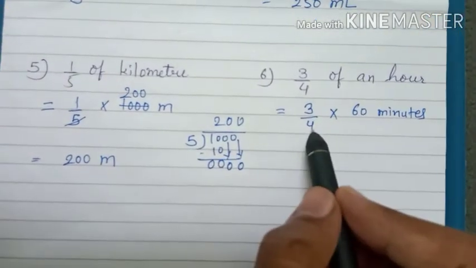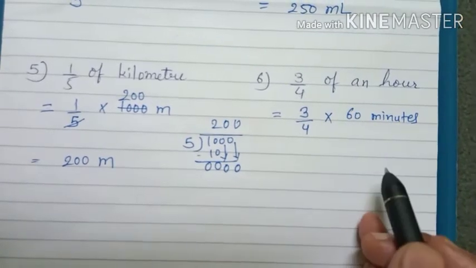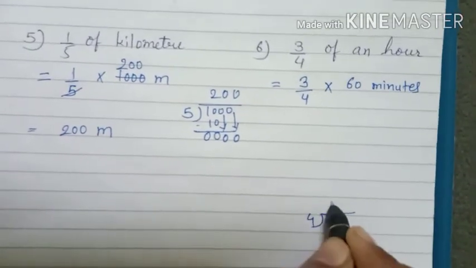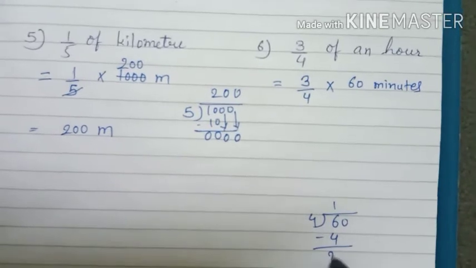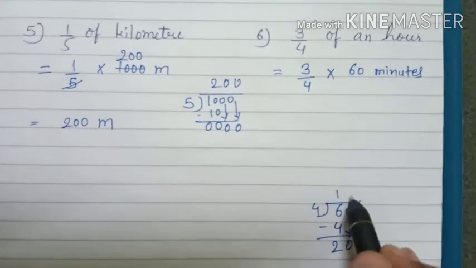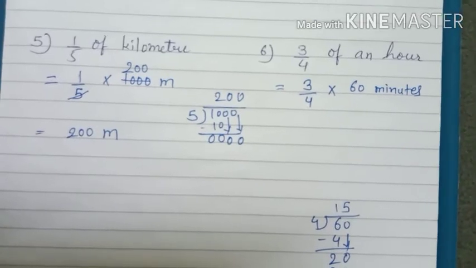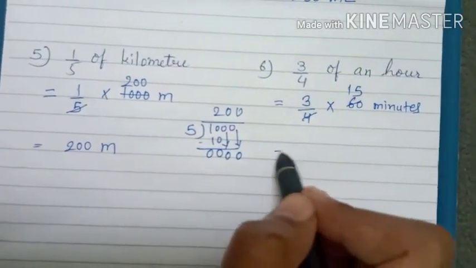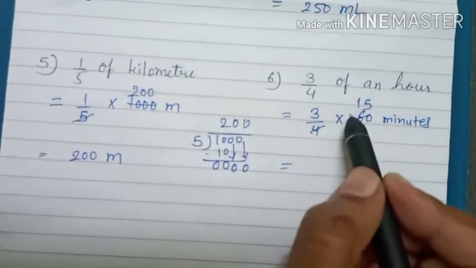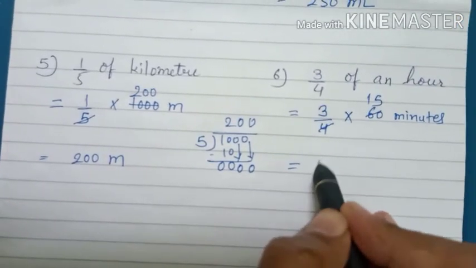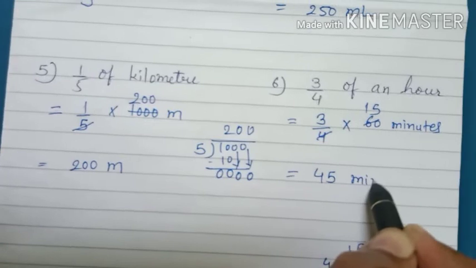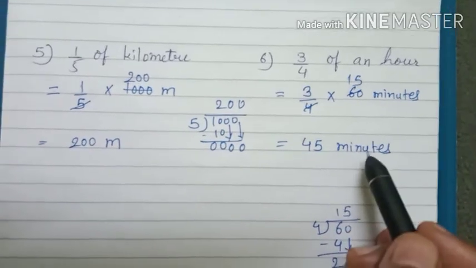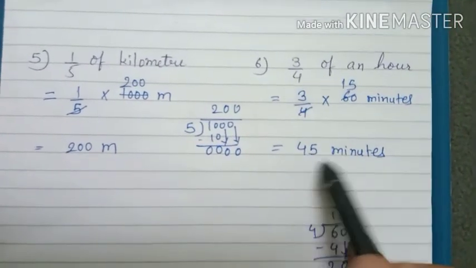सो अगेन हियर 60 को 4 से डिवाइड करना है. अगर आपको डायरेक्टली नहीं आता है, सो यू डू इट डिवीजन इन रफ पेपर. सो 4 1s are 4, 6 में से 4 जाएगा 2, देन 0 डाउन becomes 20. 4 5s are 20. So what answer will come? 15. So 15 4s are 60. Got it? Now what is left in the numerator? 3 multiply 15. So 15 3s are 45. You write here minutes. Units लिखना compulsory है. Don't write only 45, नहीं लिखोगे so it's wrong. Okay, so 1 hour का 3/4 होता है 45 minutes.